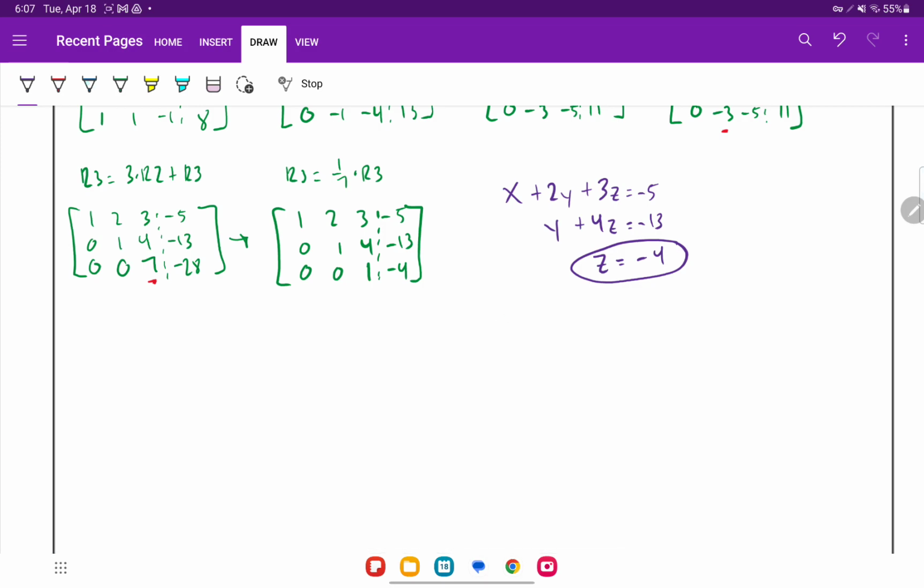So let's do y in a different color. We have y, so I'm using this equation right here. Y plus 4 times negative 4 equals negative 13. Y, 4 times negative 4 is negative 16, equals negative 13. Let's add the 16 to the other side, and y equals 3. And last but not least, we'll take these 3 numbers